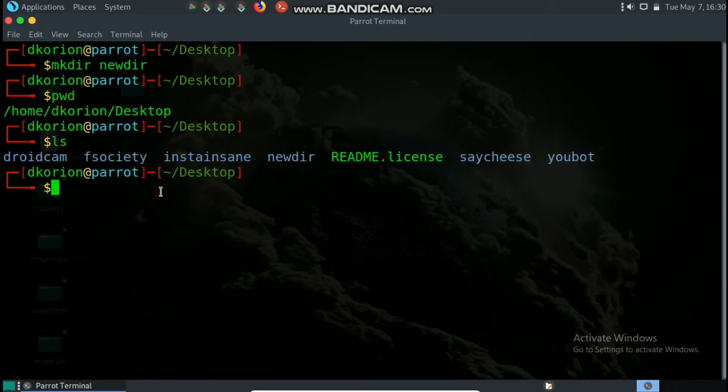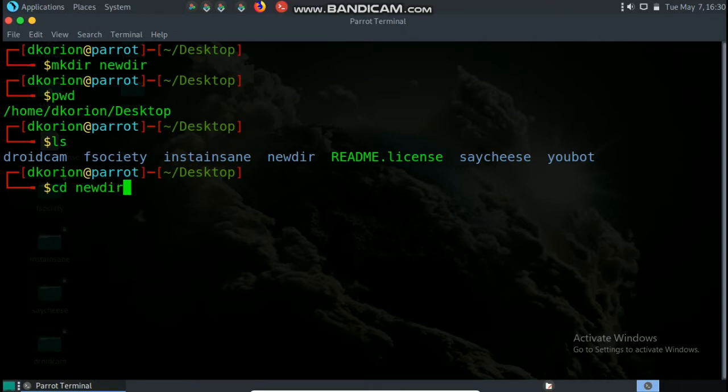Okay, so next, after listing the directory and seeing what's inside, we're going to get into another directory. So what we're going to do is change the working directory. The working directory is desktop, and I am going to change it. The keyword is cd, which stands for change directory, and I'm going to get into a new directory. So without spelling mistakes, we're going to type